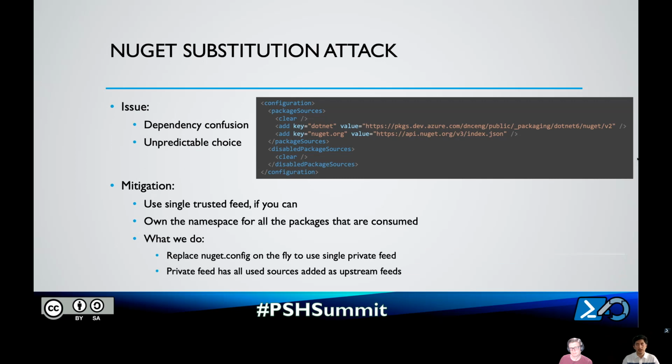Another interesting thing that we encountered recently is a NuGet substitution attack. In this case, as you can see, this is a screenshot of the NuGet.config file from the PowerShell repository. Since we take pre-release bits from .NET for GitHub master, we need to have two feeds in our NuGet.config, one for .NET and